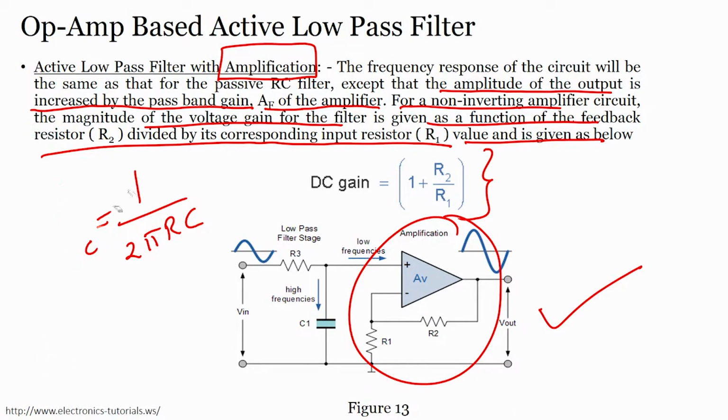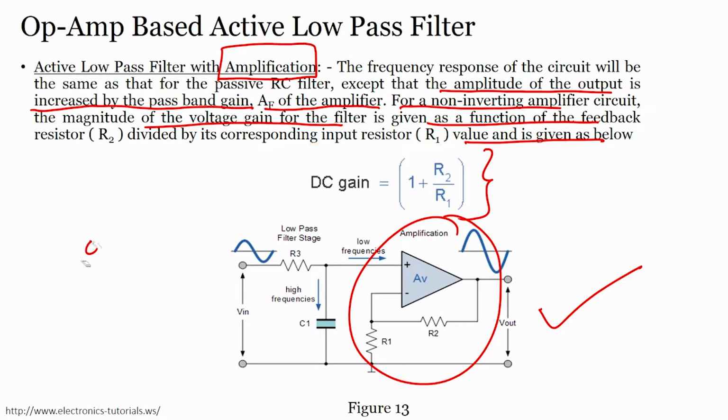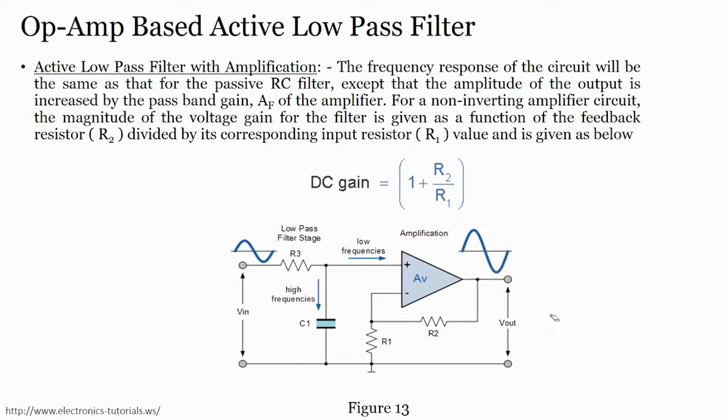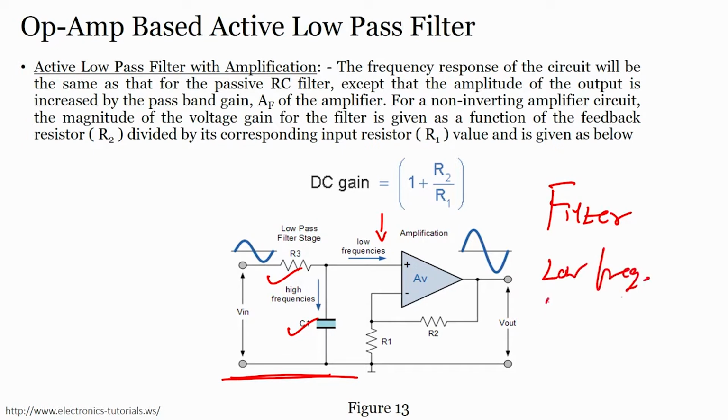So, quickly, if you see what exactly this op amp based active low pass filter is, it is nothing but when we connect R and C in this particular fashion to the non-inverting amplifier, then we can see that it will filter out low frequency based on the formula F equals 1 upon 2 pi RC, and it will also